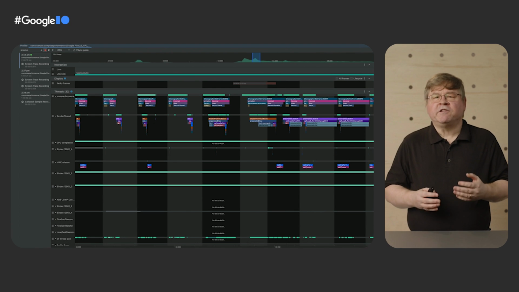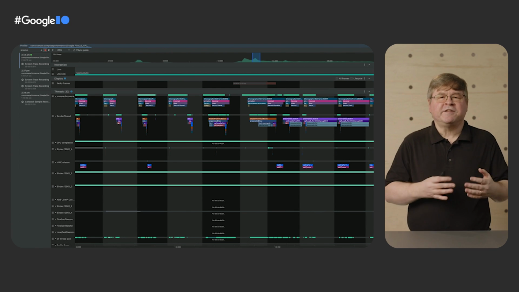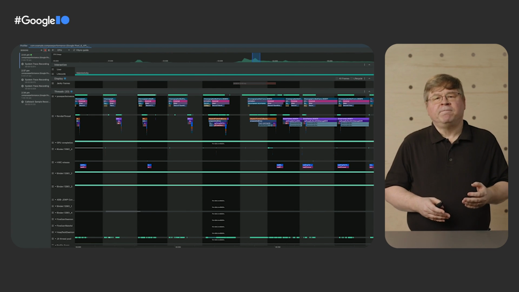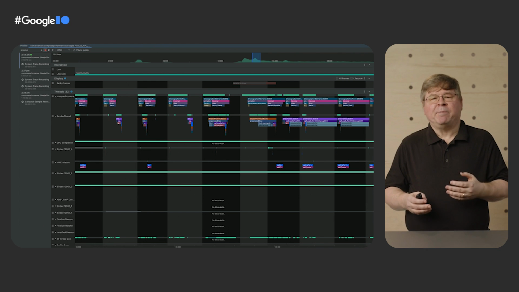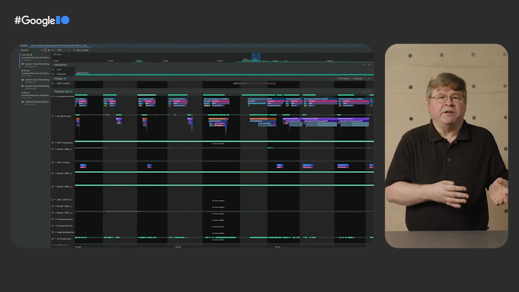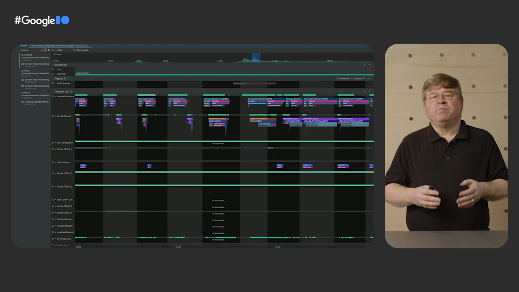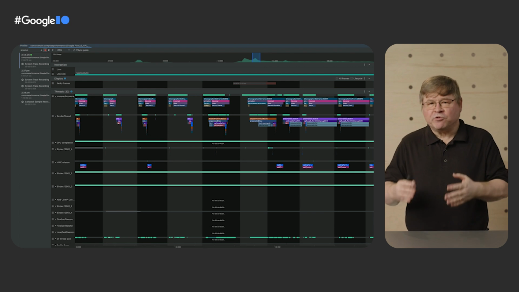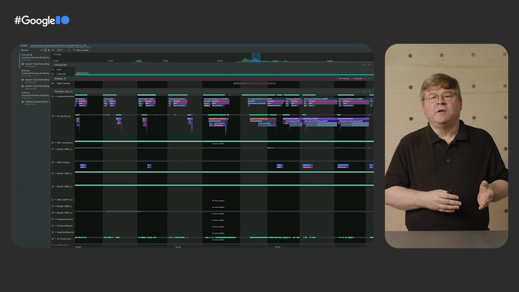We began to realize that there was a problem when we took a system trace of our application. After building a release version of our app, ensuring it's configured as Ben recommended, we use Android Studio's built-in profiler to take a system trace in the CPU view. This trace is the trace we're looking at now.